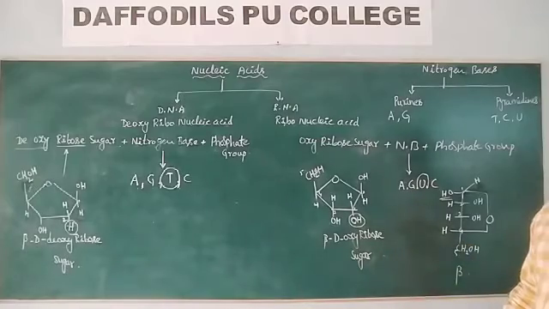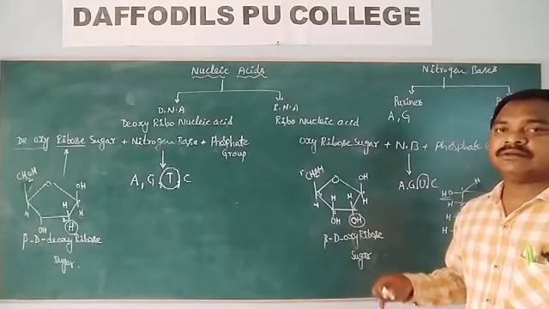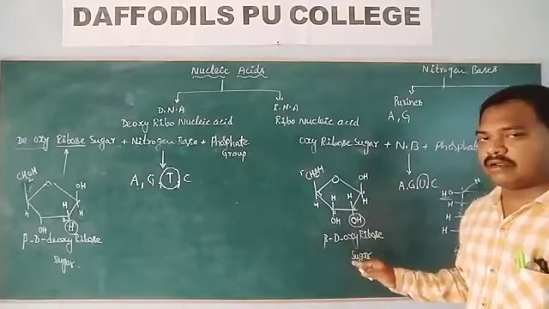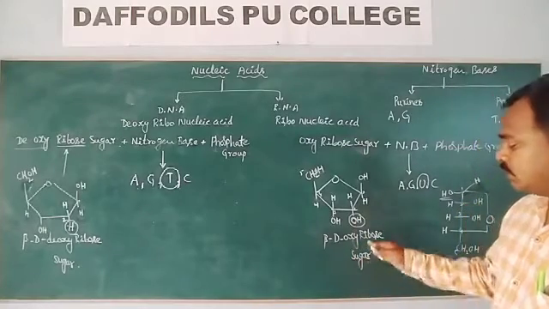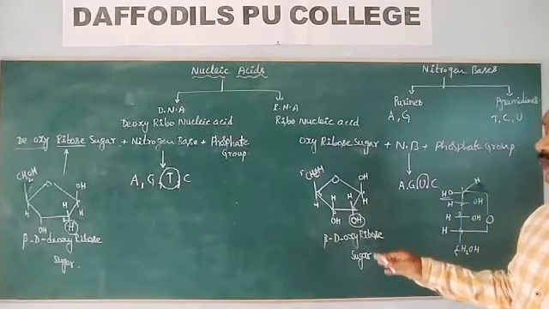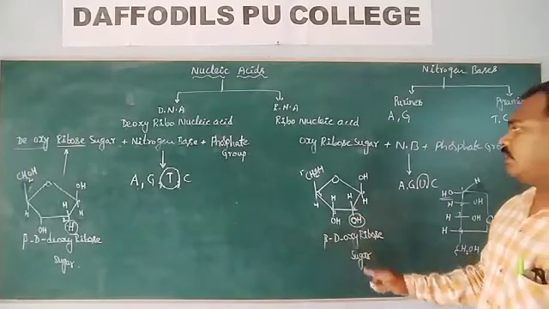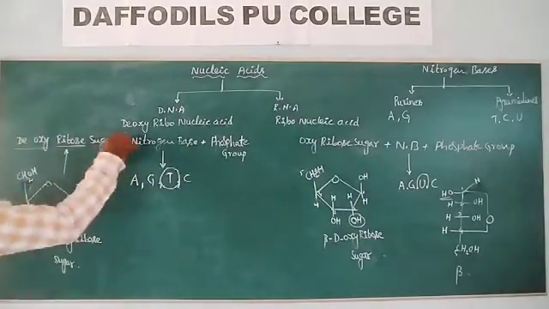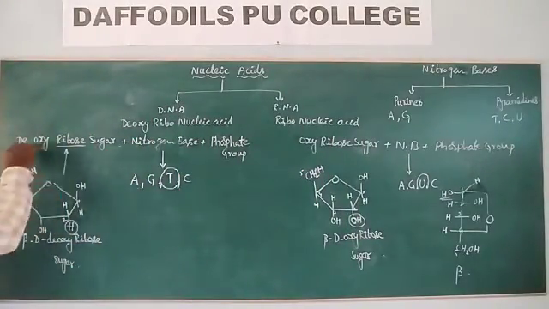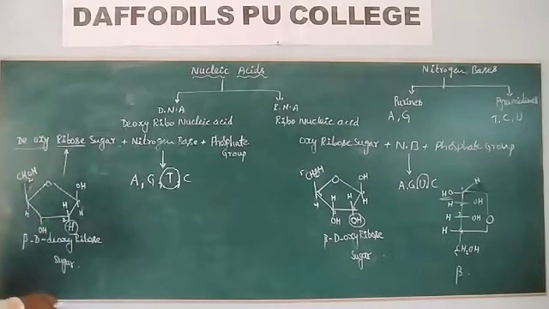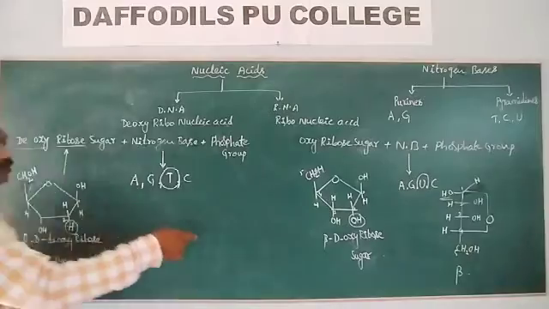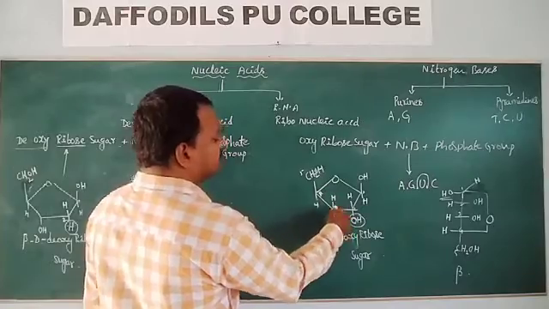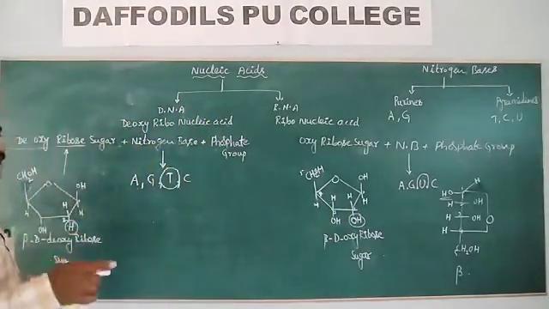So this is a carbohydrate. This is a sugar like glucose. Sugar is nothing but carbohydrate. Glucose is a carbohydrate. Glucose is a sugar. This ribose also is a carbohydrate. Ribose is a sugar. This ribose contains 5 carbons. But in case of DNA, we have deoxyribose, meaning one oxygen is eliminated from this ribose sugar. This is the ribose sugar. From this ribose sugar, when O is eliminated, we get this